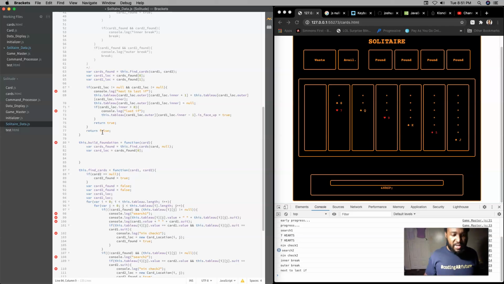In here, we're not doing any checks. So I'm going to just do the manipulation. I need to keep track of where I am in Foundation. I need to find the next free